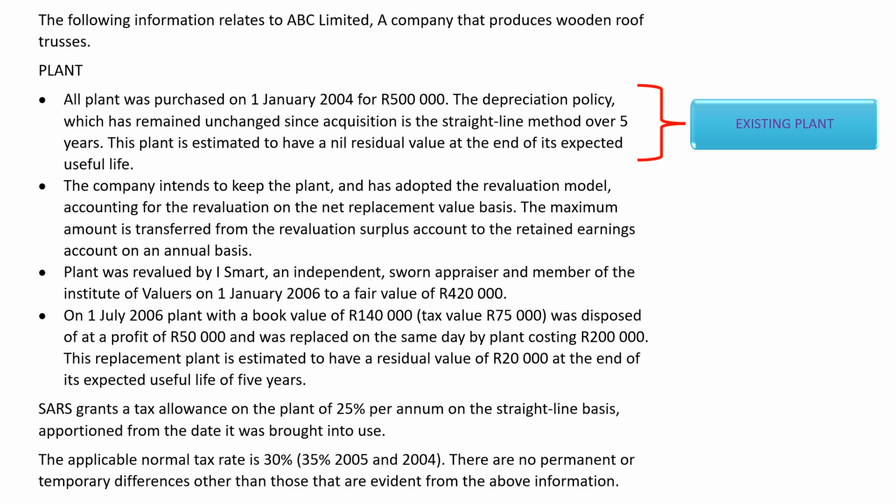The company intends to keep the plant and has adopted the revaluation model, accounting for the revaluation on the net replacement value basis. The maximum amount is transferred from the revaluation surplus account to the retained earnings account on an annual basis. So the second bullet over here is what actually elevates the question and makes it super hot. Two key things to remember is they're telling you the valuation model as well as how you will treat your